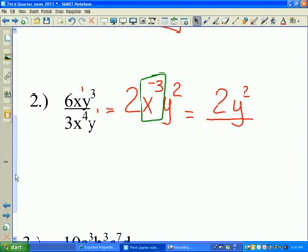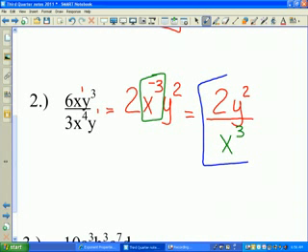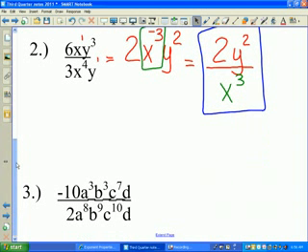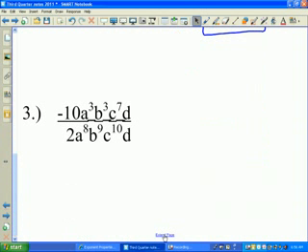Now, that x cubed is going to drop down in my denominator. That is my answer. So anything with a negative exponent, when you solve it, it automatically drops down into the denominator. Everything else will stay above it. Okay? And this last one,